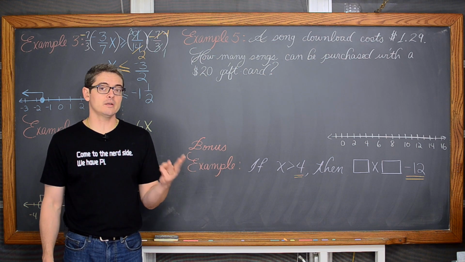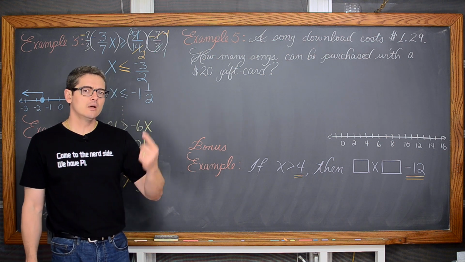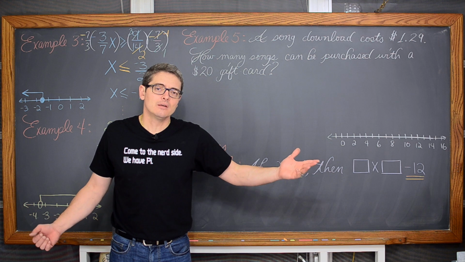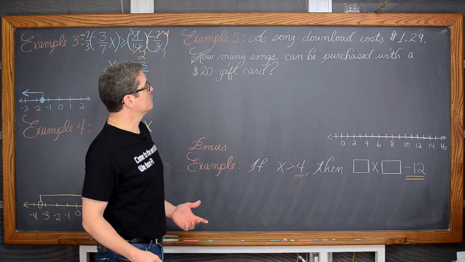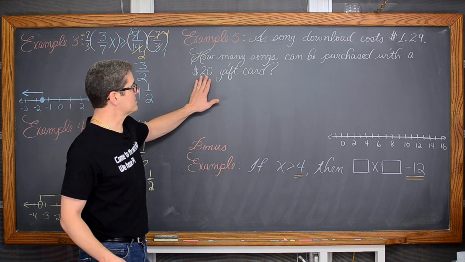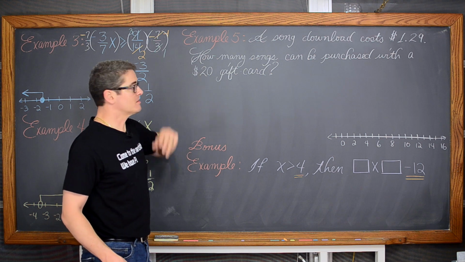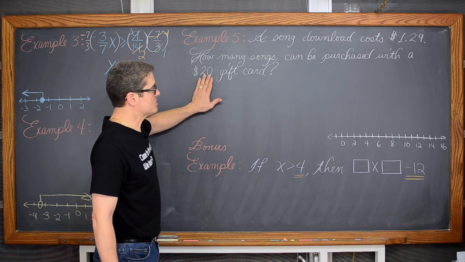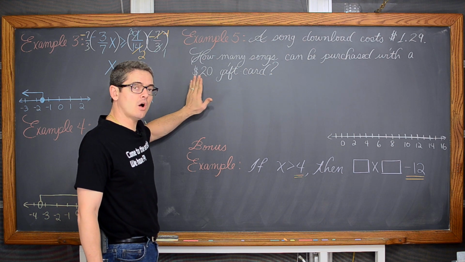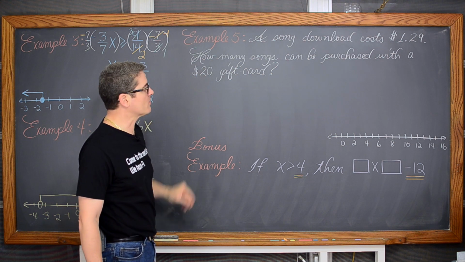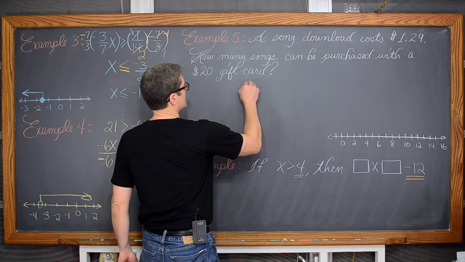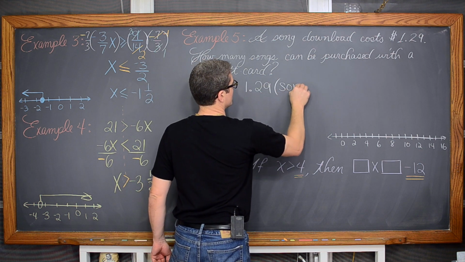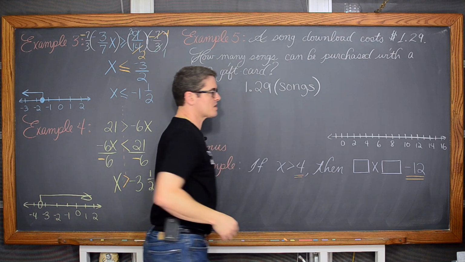Buy another song, another $1.29, and those are going to keep adding up to make up my total cost. Well, repeated addition is multiplication. So you have some money in your pocket, in the form of a gift card. This is how much total you can spend, and your total bill for all these song downloads is going to be $1.29 times the number of songs that you buy,